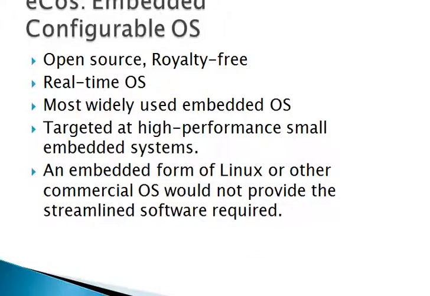The first is eCos, Embedded Configurable OS. An embedded OS that is flexible enough to be used in a wide variety of embedded applications and on a wide variety of embedded platforms must thus provide more functionality than will be needed for any particular application and platform. The challenge is to provide an efficient, user-friendly mechanism for configuring selected components and for enabling and disabling particular features within components. The eCos configuration tool, which runs on Windows or Linux, is used to configure an eCos package to run on a target embedded system.